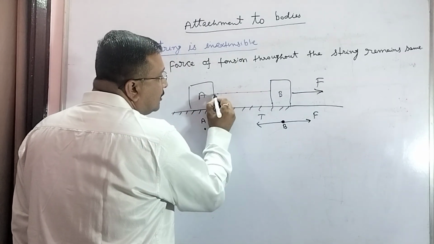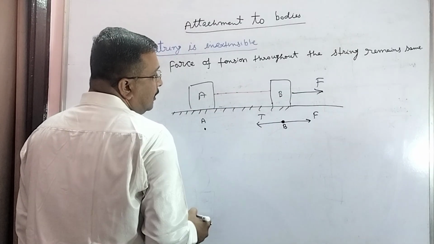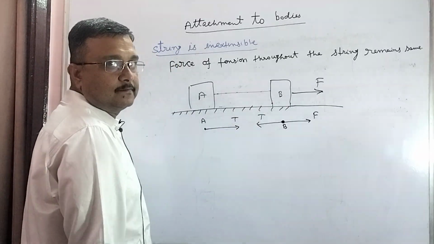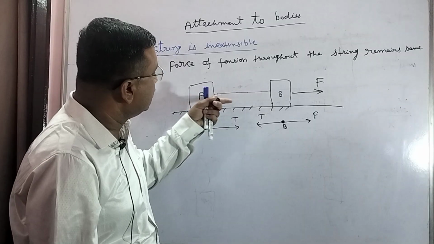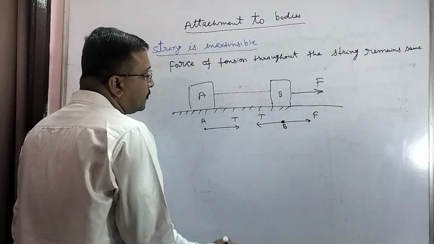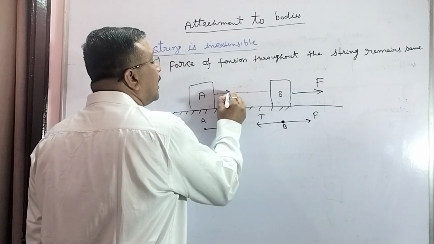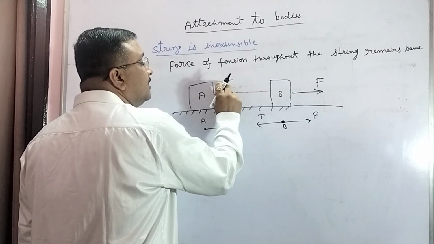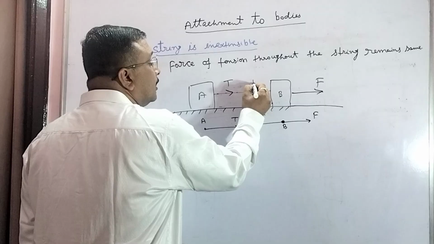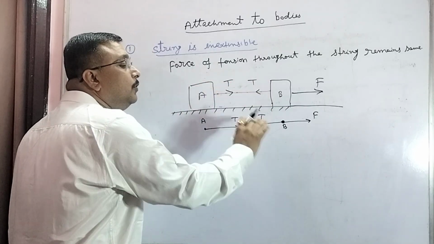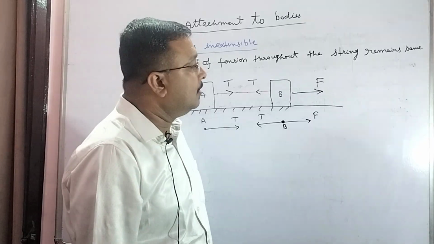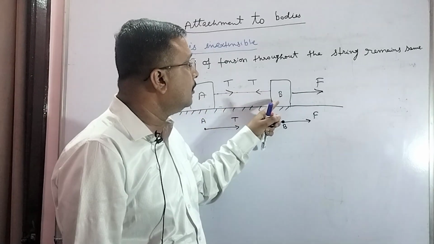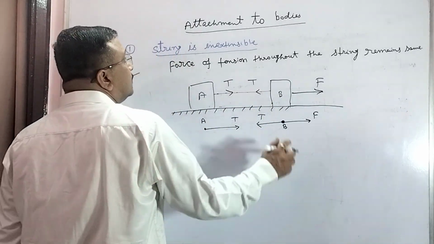A is connected through this string at this point, so force of tension will be in this direction, and no other force in horizontal direction on this block A. So what we are trying to say, if on A tension is T, so on B tension will also be T, means tension will remain same. Same magnitude of force will be applied on A and on B. Why? Because the string is